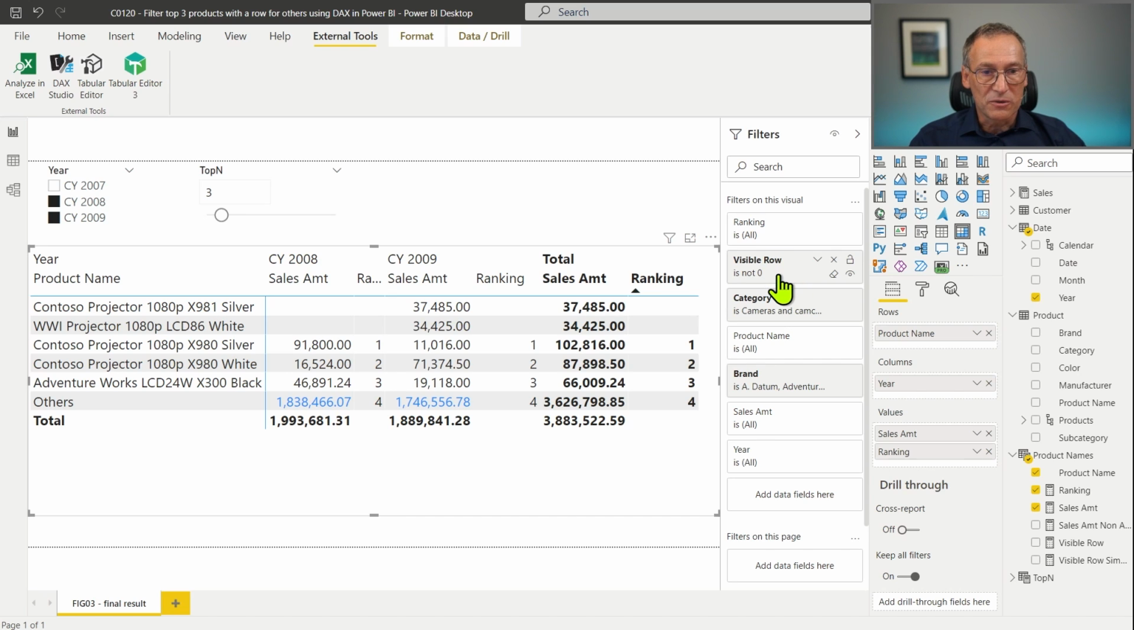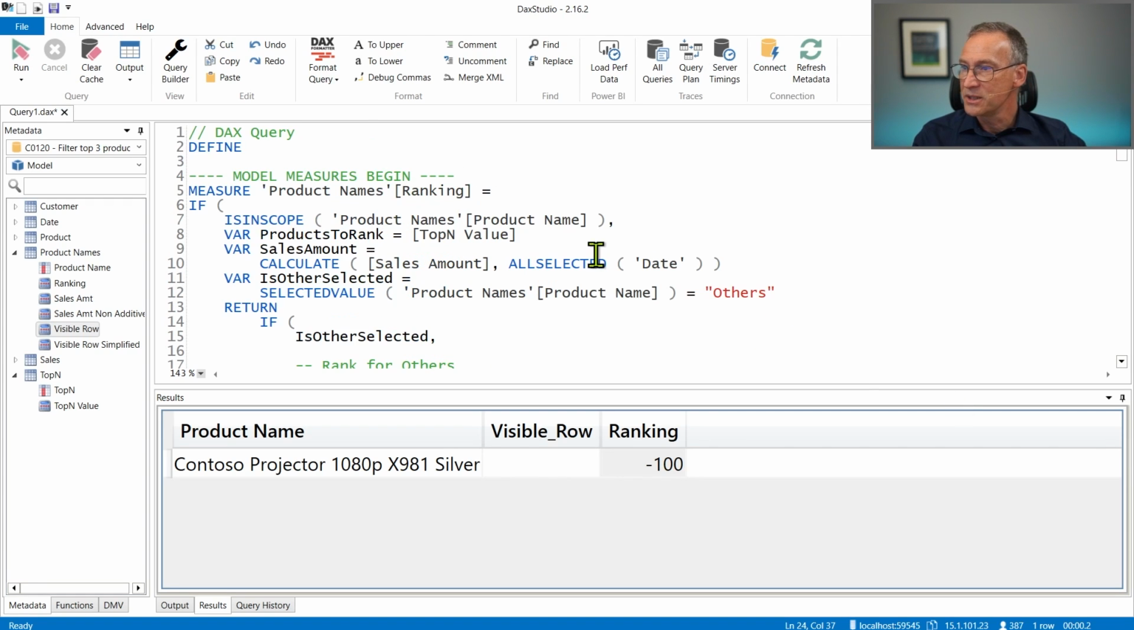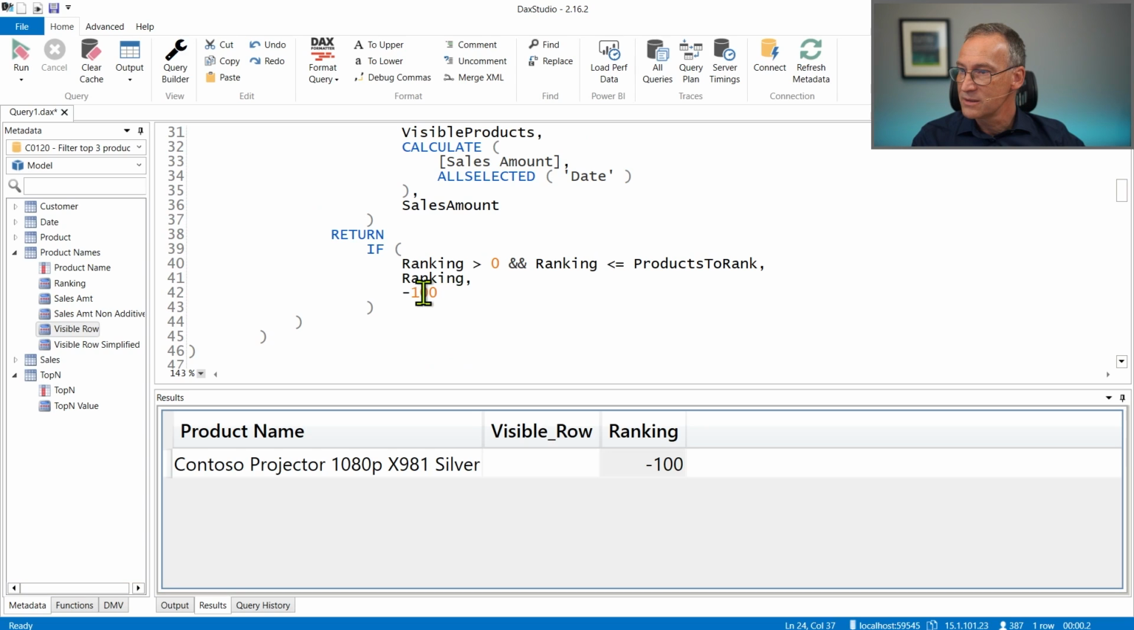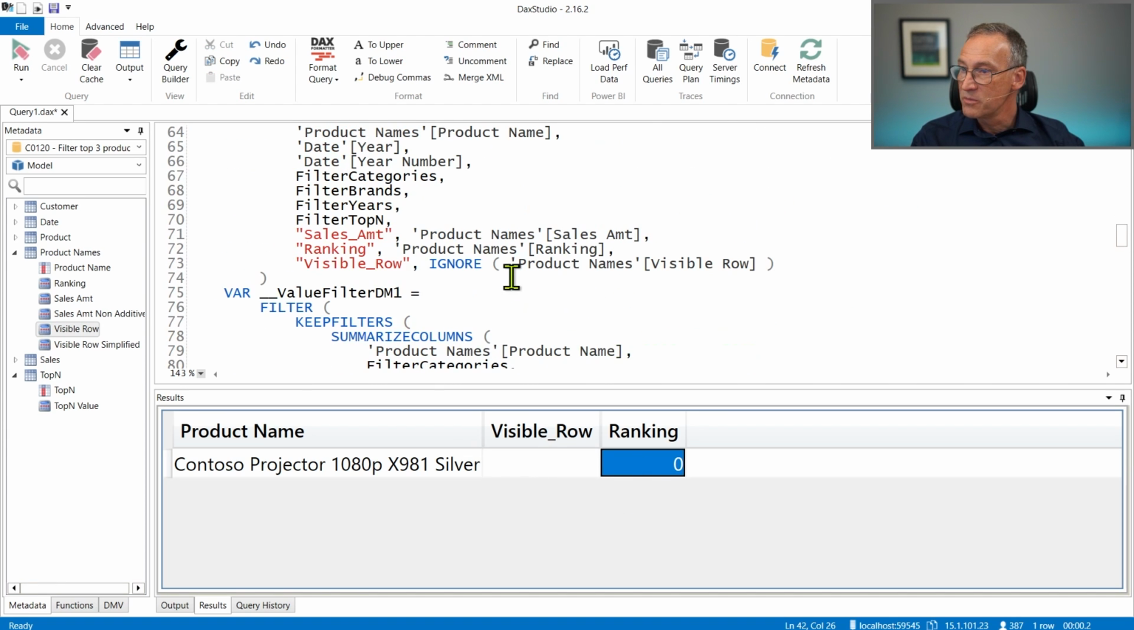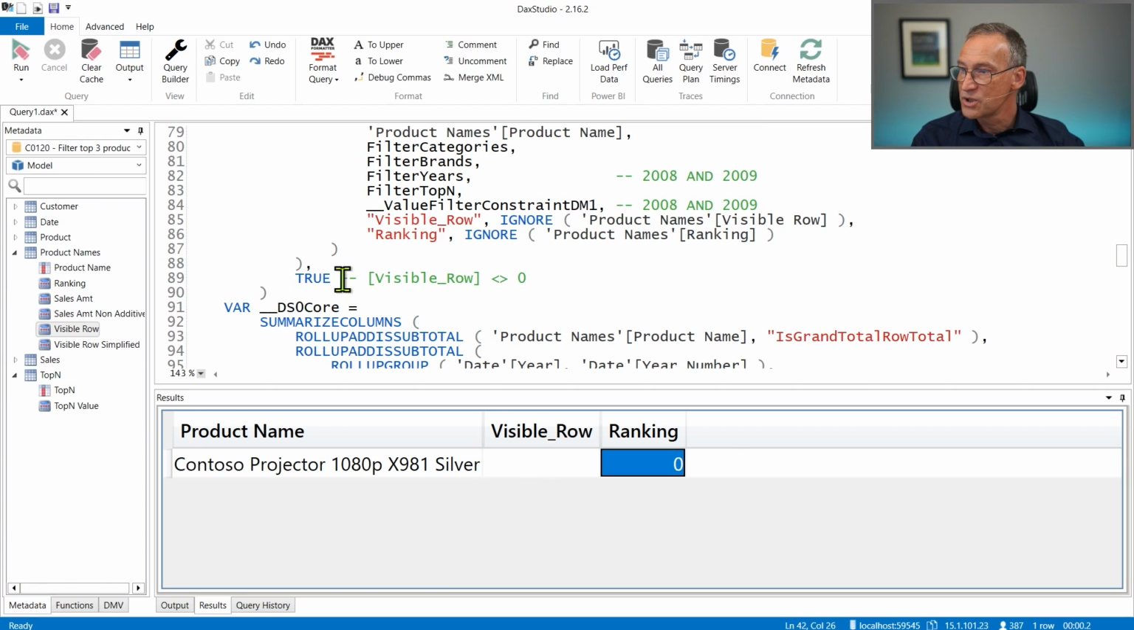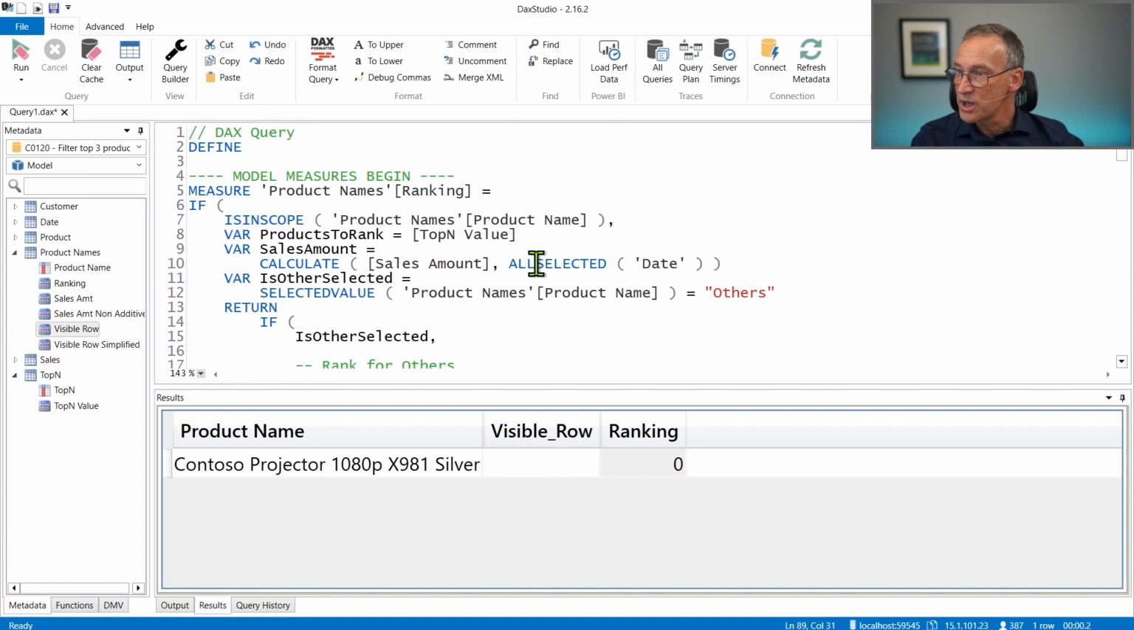Power BI is based on visible row that checks that visible row is not 0. So actually we could return 0 instead of blank. Let me see if we use 0 here and we run it, ranking is 0. And because visible row checks that ranking, no, let's check visible row. Visible row checks,